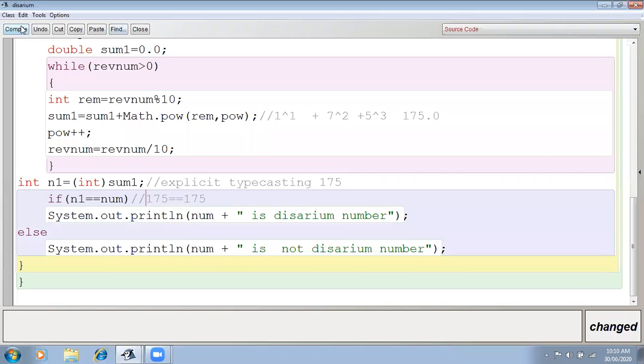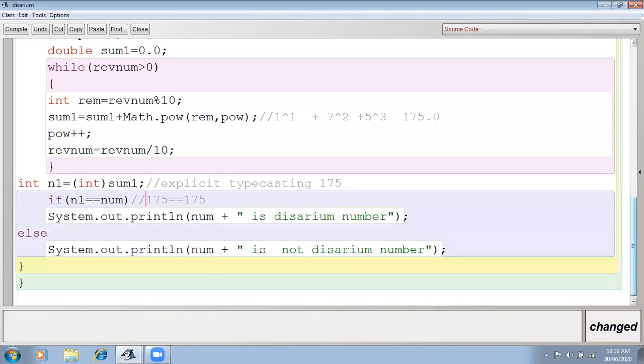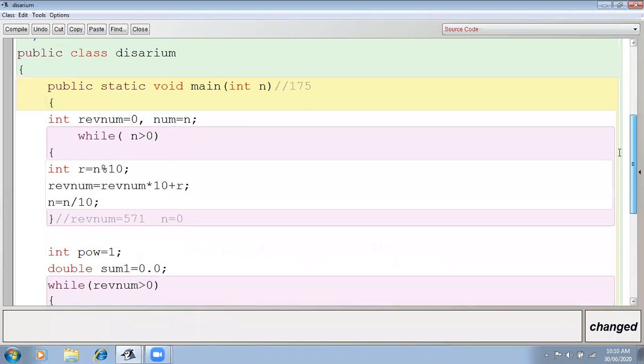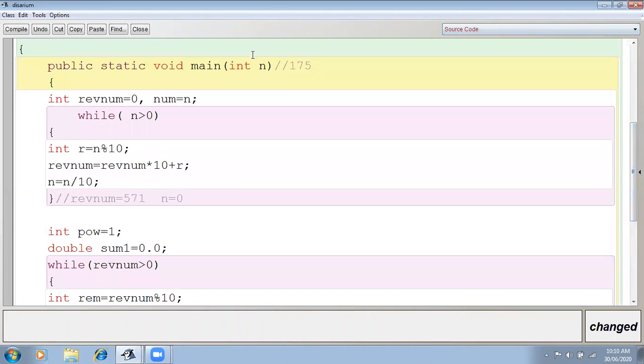Okay, let me compile it. Let's check this program once again. Here we are inputting by the method call. This loop is for reversing the number.